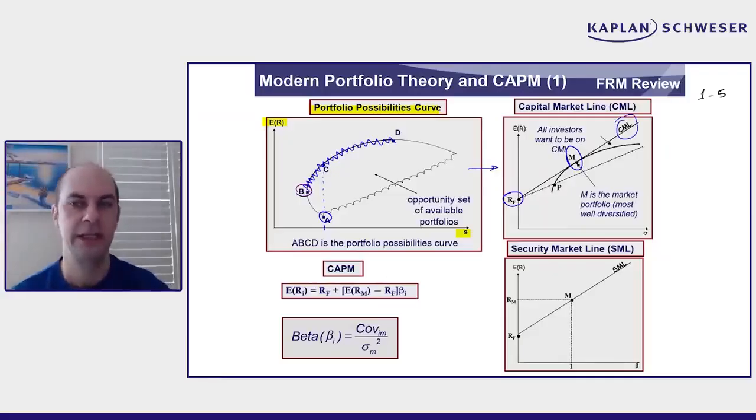And you can see here that the CML dominates the efficient frontier. In other words, by bringing a risk-free asset into our risky portfolio, we have improved our risk-adjusted rates of return because a risk-free asset is not correlated with the rest of